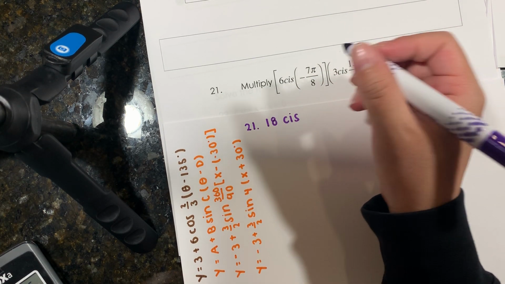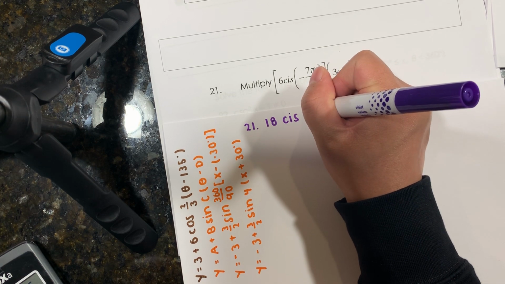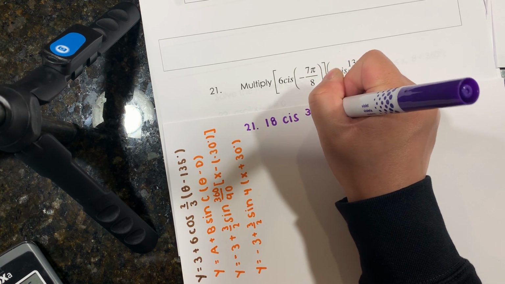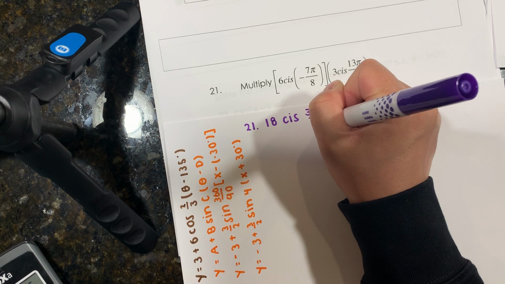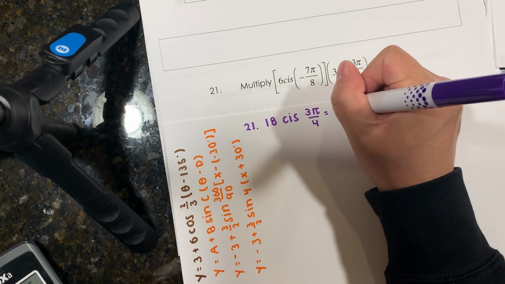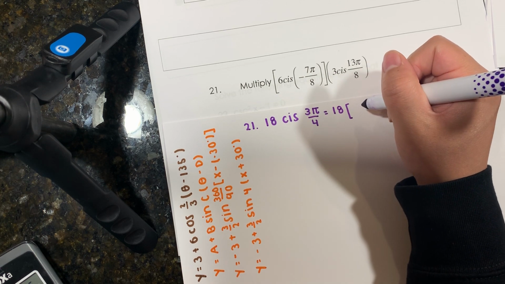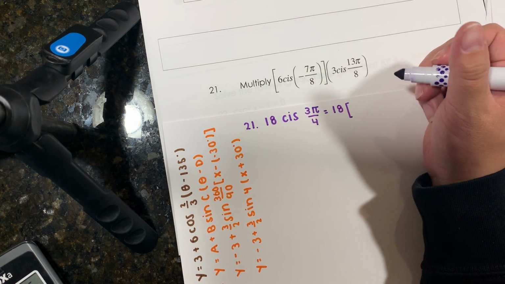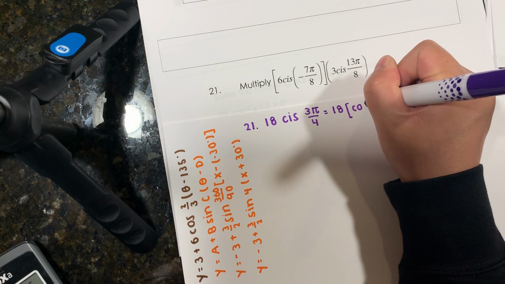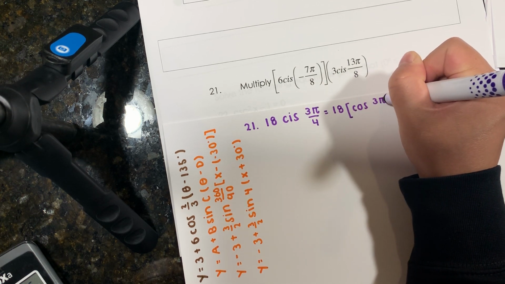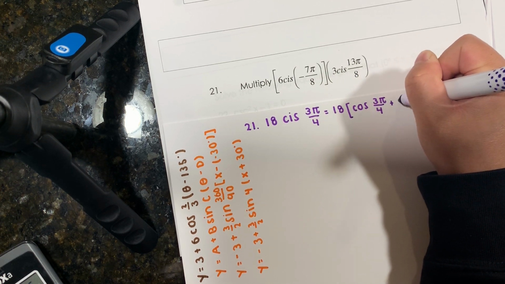And 6/8 would be 3/4. Now we do need to expand that. So that would be 18 times cosine of 3π/4 plus i